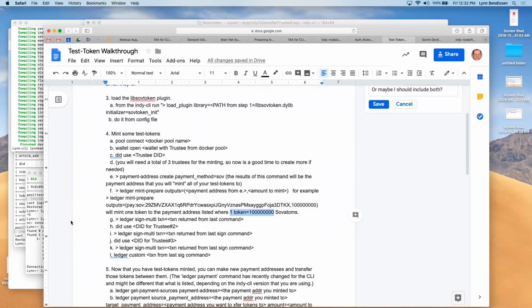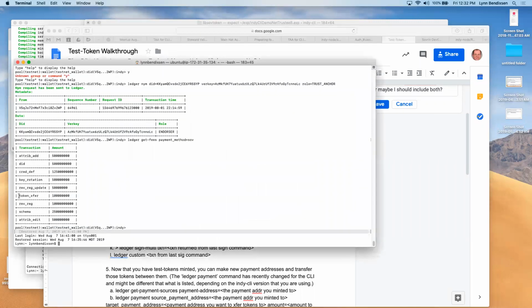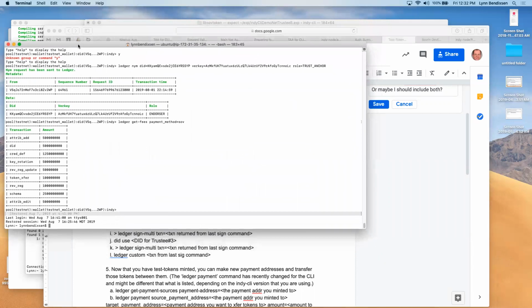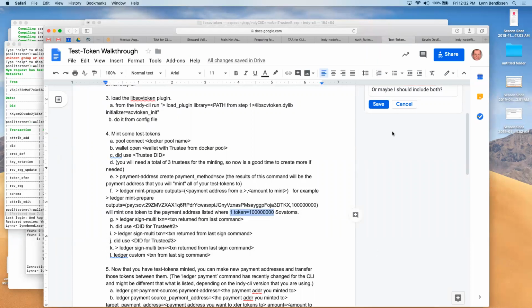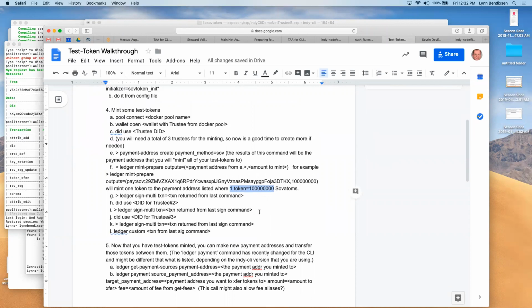So the fees that we're charging actually have that in a background thing I noticed earlier. These are the fees that are on there. You see how they all have 8 zeros after the actual number of tokens here? That's so that we don't have to carry decimal points or anything on the ledger. It goes down to a 100 millionth of a token so that you can actually share around. But the cost of things is in tokens, so we add 8 zeros to the end of all the commands as we send them to the ledger when we're using the CLI. So that's something to be aware of.